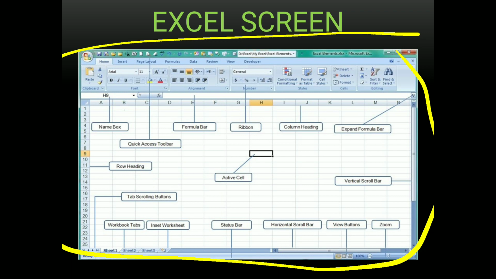By default, Excel 2010 opens with 3 worksheets, namely Sheet 1, Sheet 2 and Sheet 3. See here 1, 2 and 3. You can delete or add more worksheets in an Excel workbook.